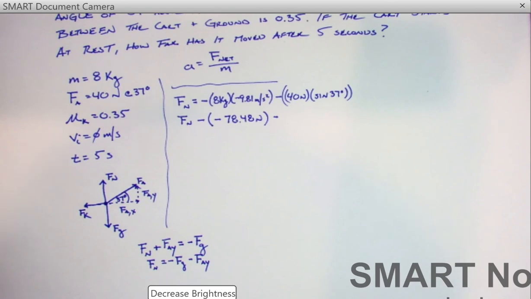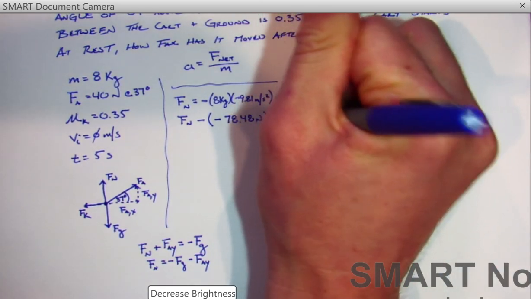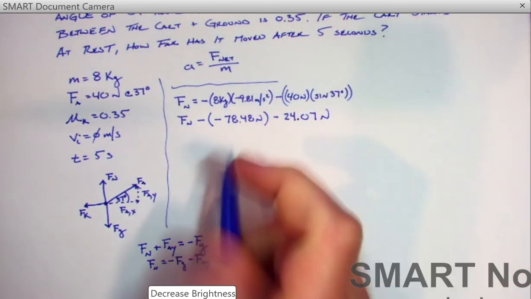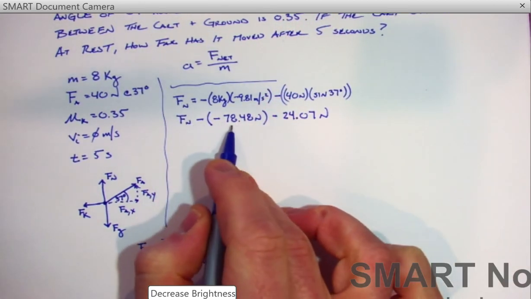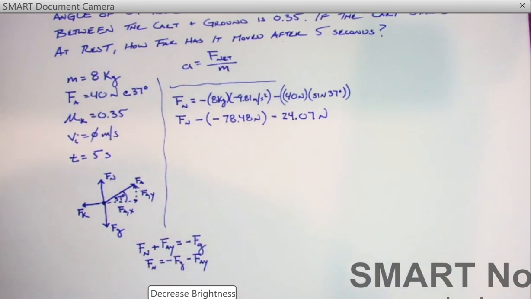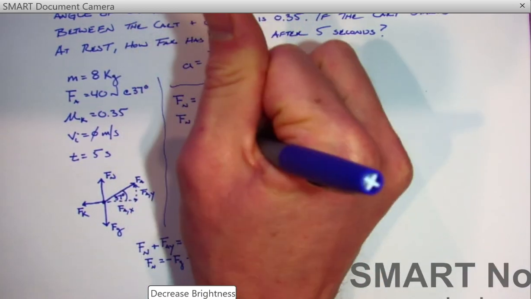This is where you check to make sure your calculator's in degrees, not radians. That's 24.07 newtons. Negative times a negative is positive, so 78.48 minus 24.07 means the normal force is equal to